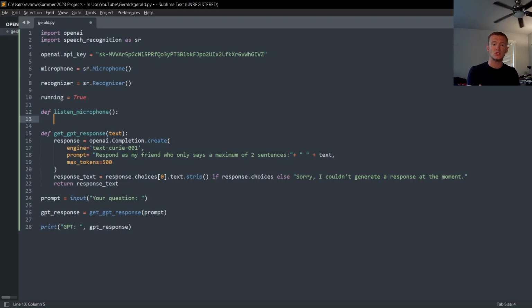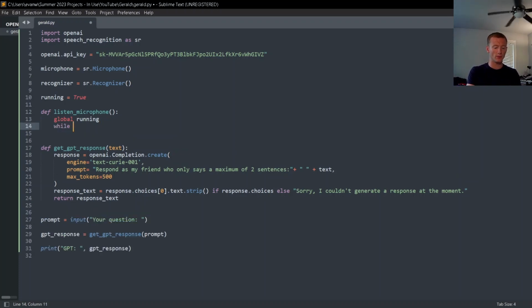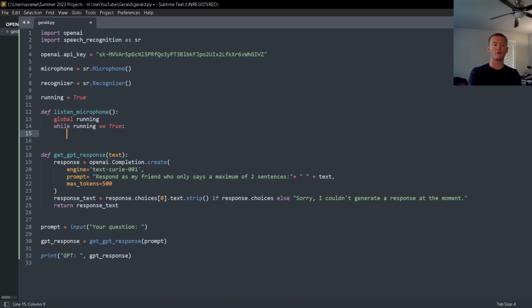We're not going to pass any extra arguments to our listen microphone method. Now, since all the variables in a method are contained, what I have to do is establish that running is a global variable so that when it's referenced within this method, it understands and keeps track of whether it's true or if it's false. Now I'm going to add our while loop. And when operating with the microphone, I believe it's best practice to work with statements. The with statement will look something like with microphone as source, perform an operation. And then below that, we're going to have try and except statements, which will allow us to combat some errors